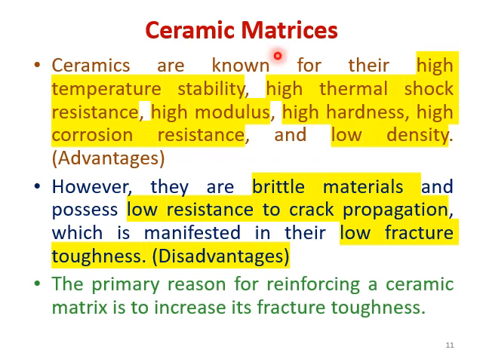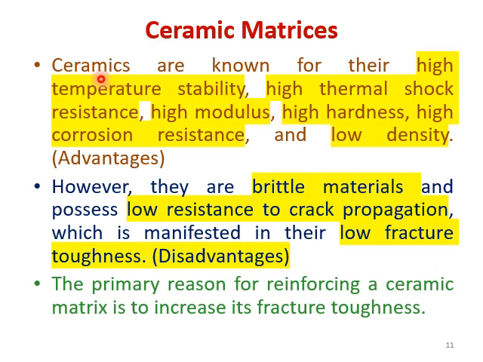Now let us look into ceramic matrices. As we know, ceramics are widely known for their high temperature stability, similar to that of metals. And what are the differences between ceramic and metals? This will be your homework. You should go to Google and search what the differences are in the properties of ceramic and metals. Then you will be able to appreciate the property differences in ceramic, metals and fiber reinforced composite.